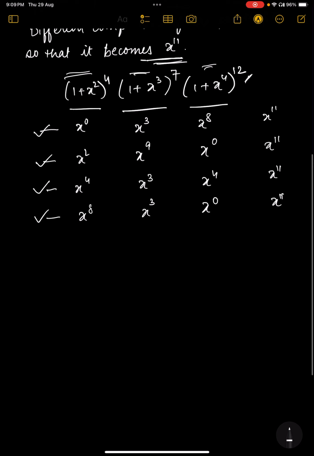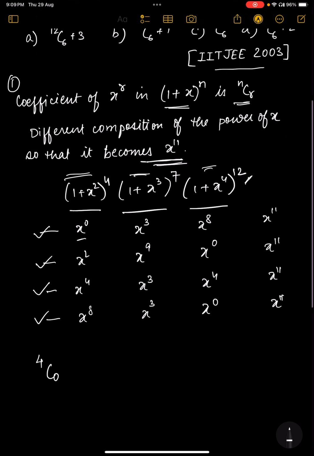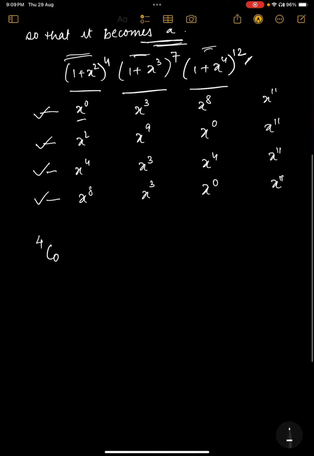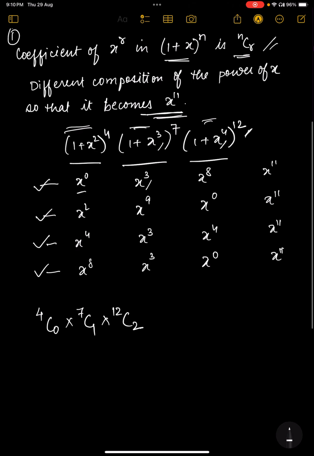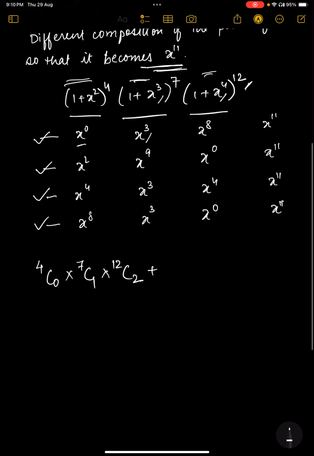So if that is the case, then how do we achieve this? It is 4c power 0. Remember the formula which we have just written over here. 4c power 0 into 7c1 into 12c2. Okay, why 7c1? Because this x cube is already there inside. Just remember that this x is already x power 4. Here we have just taken x power 1, or just x we have taken. Now, similarly, if I keep on writing, we will have 4c1 into 7c3 into 12c0 plus 4c2 into 7c1 into 12c1 plus 4c4